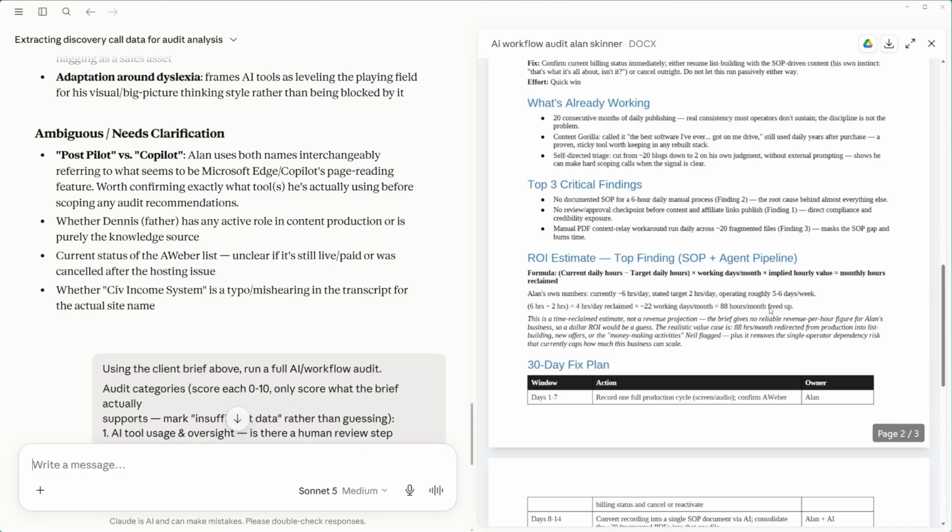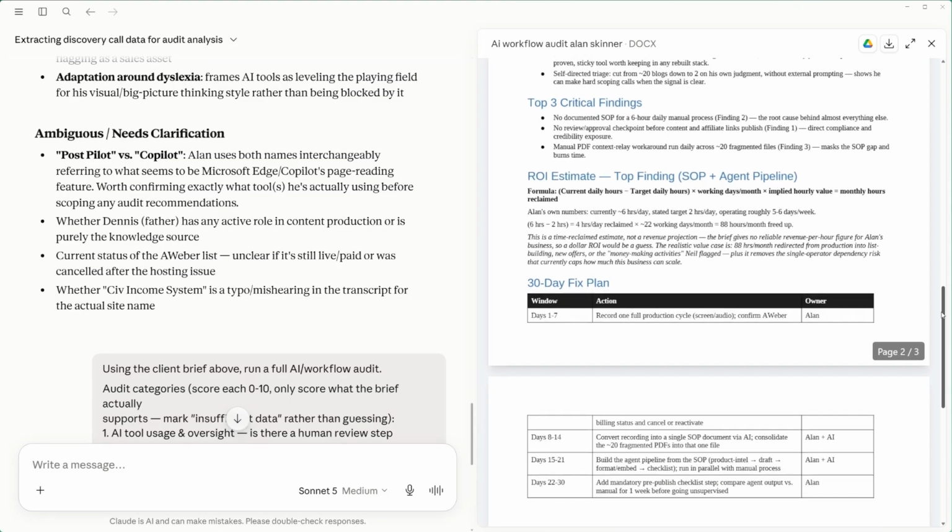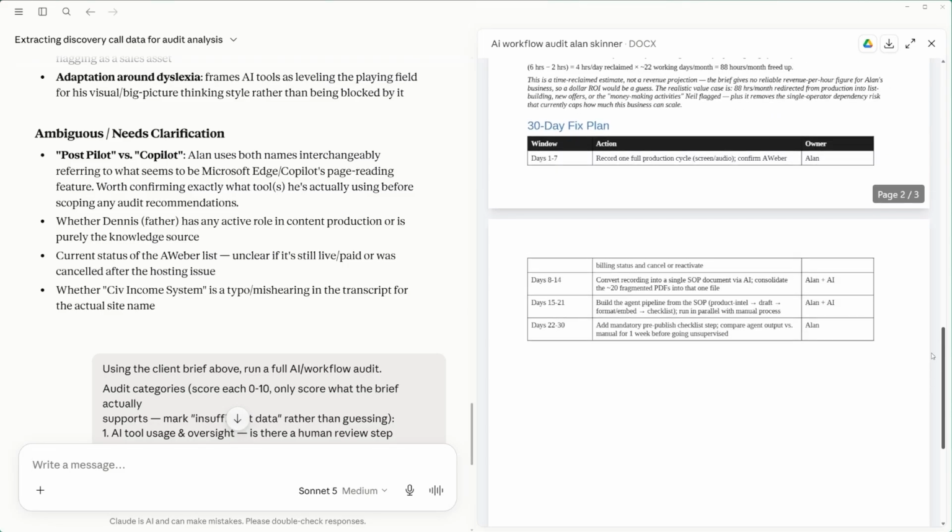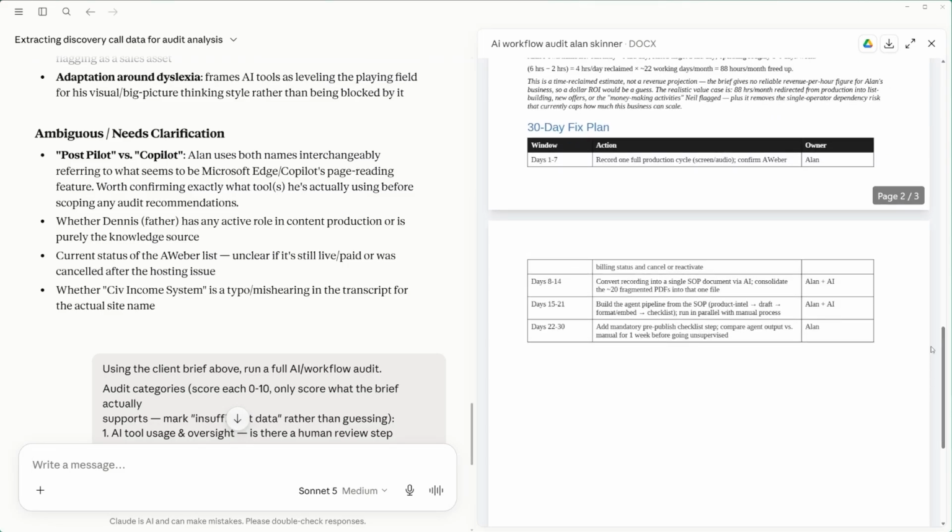This is really important because now I can turn around and ask them what that 88 hours a month is worth to them. Even at a base $20 an hour, that's about $1,700 a month or so in savings. And if I can do this work for them for $500 a month, and it's quite easy using agents, then I'm able to charge a lot of money every single month from them. And here's the 30-day fixed plan. So this would allow you to sell them coaching, sell them consulting, or any kind of done-with-you or done-for-you work that you want to do.